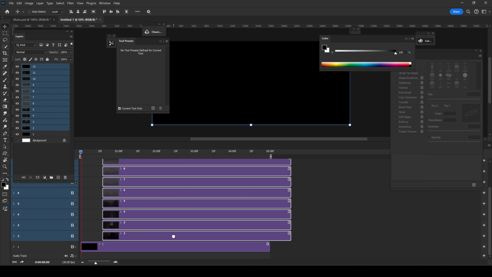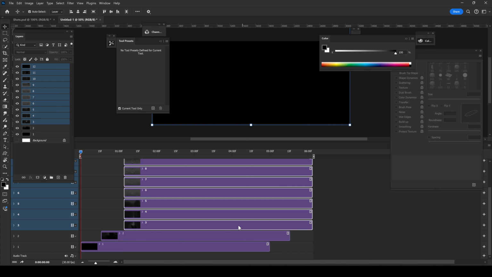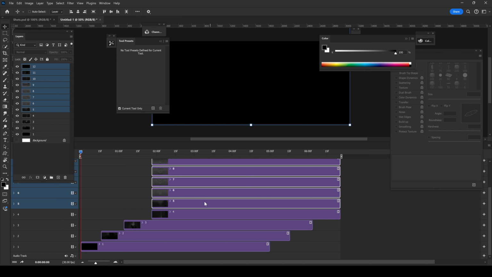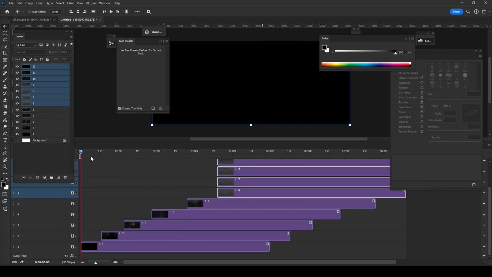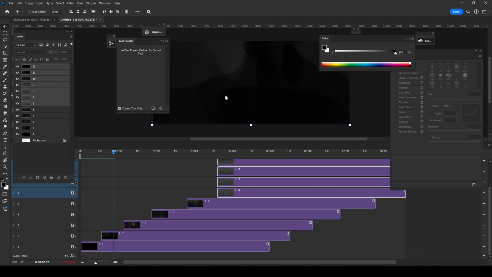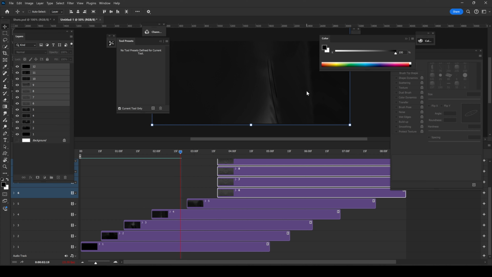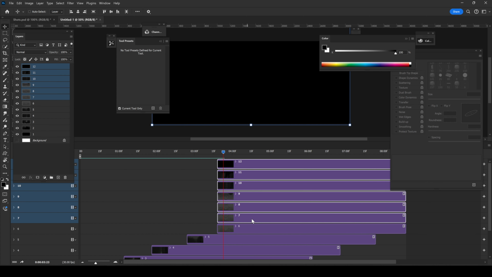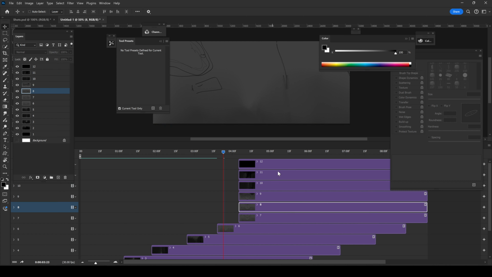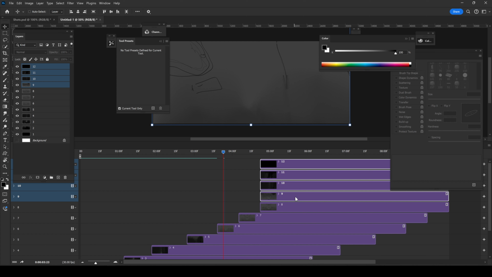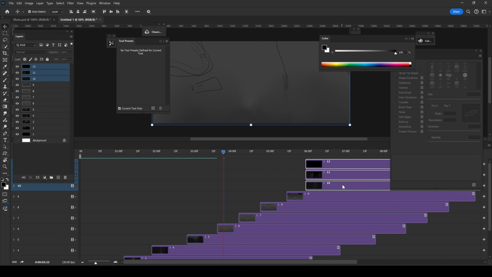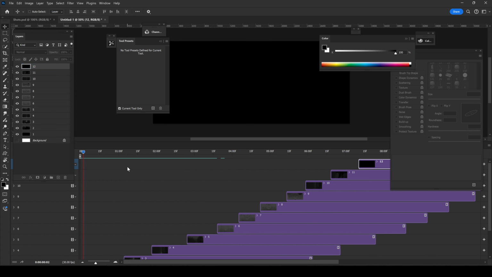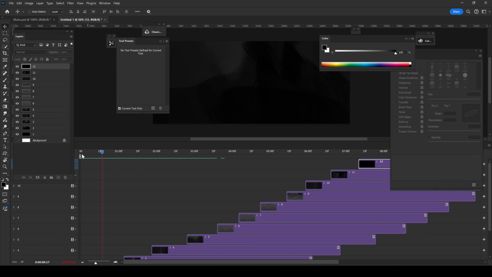I'm gonna move this to the right. Move this to the right. I'm pressing Control to deselect, just so you can see. But now if I play this, you're gonna see that it starts playing through each individual layer, right? If I continue to do this, let's move this back, move this back, like so. So I sort of set it up like this, and I went to press play, and then this